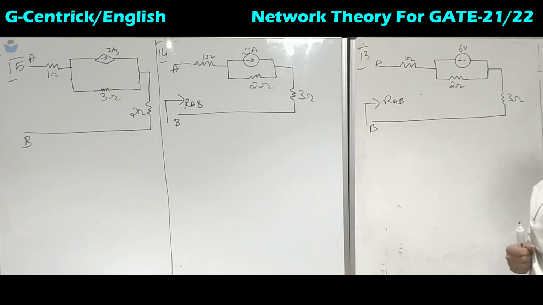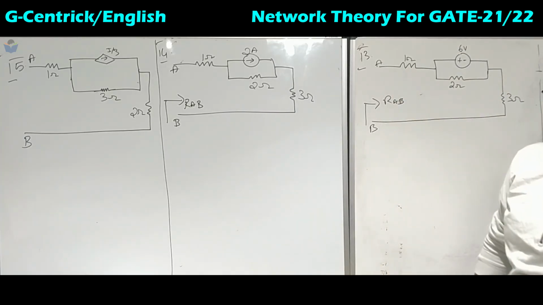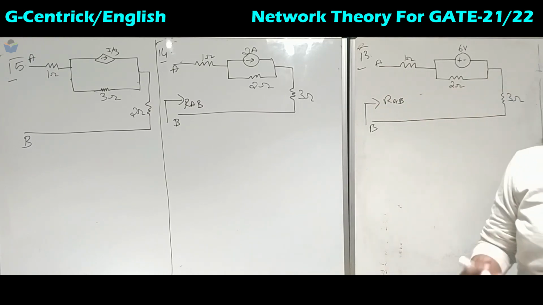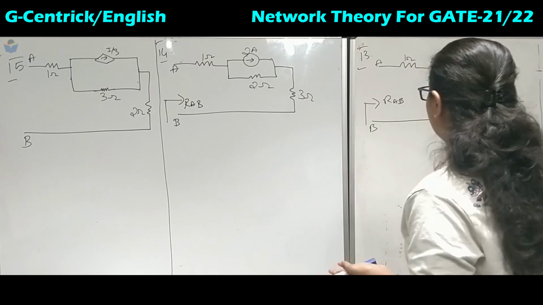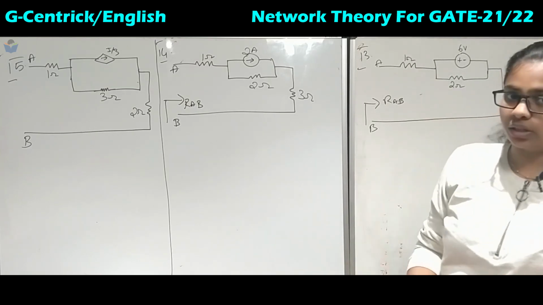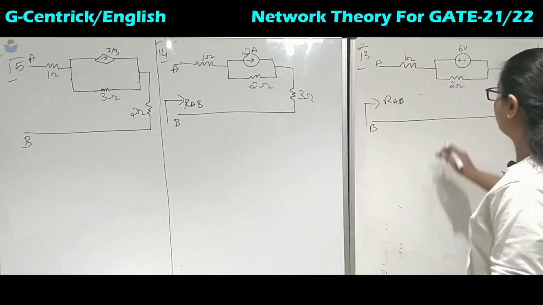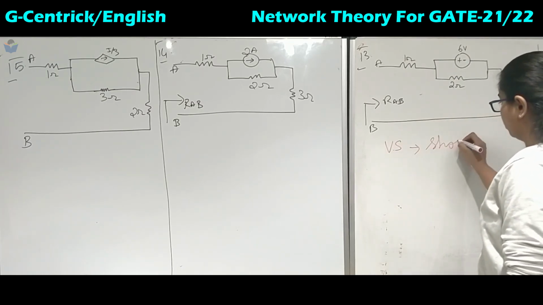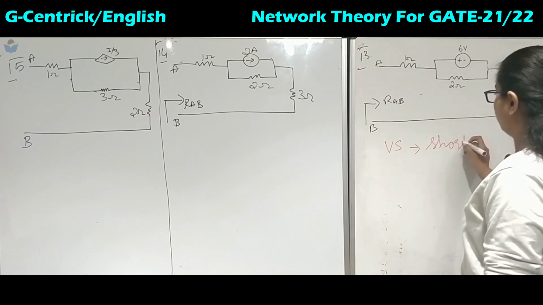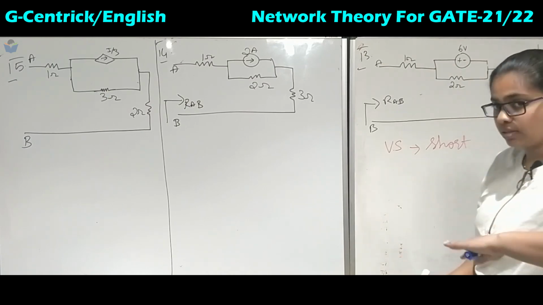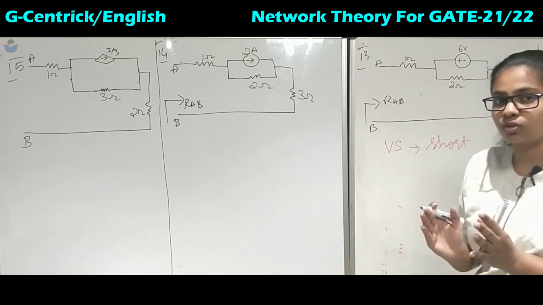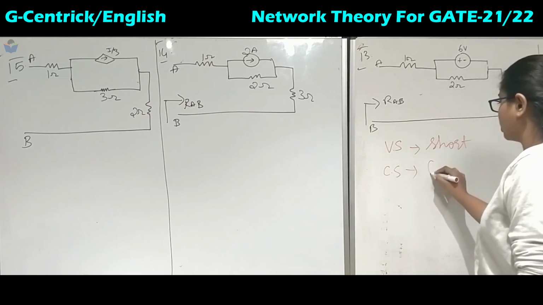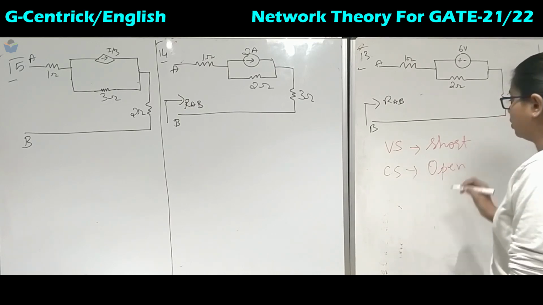So the problem number 13, they have asked us to calculate the equivalent resistance between the 2 points, that is A and B. So now there is one more rule. Okay, so whenever you find a voltage source or a current source in the circuit, then for a voltage source you need to short circuit this one, and if there is a current source, then what we will do? We will make it open. This is only when they have asked to calculate the equivalent resistance.